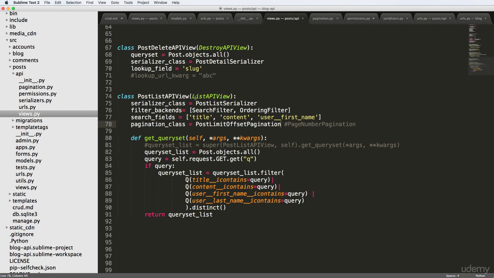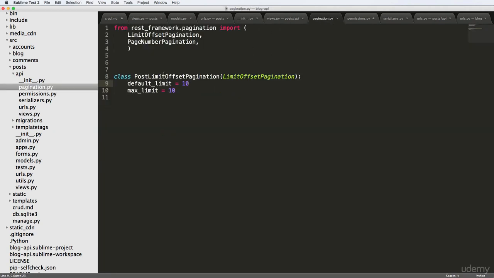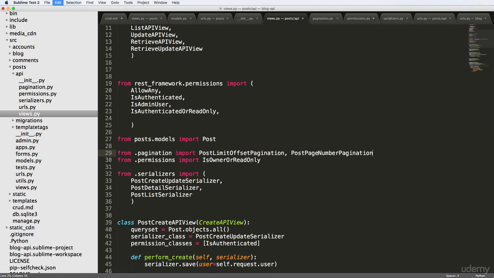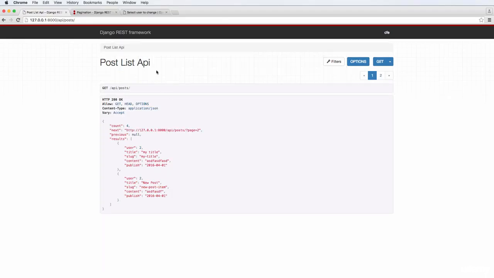But since in our original view we used the page, so using page pagination, that's what we're going to do now, is actually show you how to do the page pagination stuff. I'm going to copy the page number pagination class, and I'll just call it post page number pagination, and so on. And we'll say page size equaling, let's say, 2, and then we'll just leave it as that. And we're going to import this into our view. Scroll back into the top, import that into our view, and then in our class, we'll change to post page number,